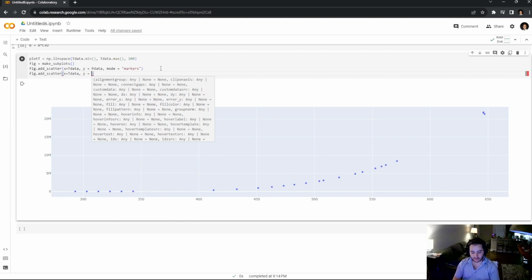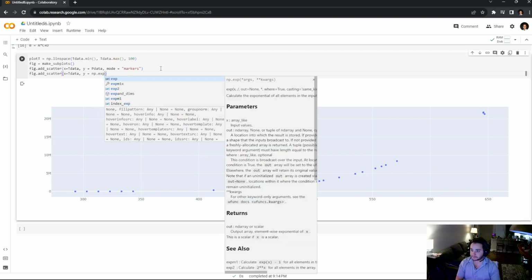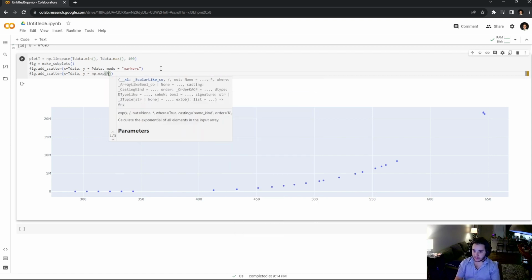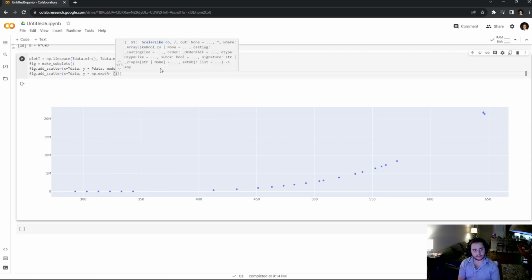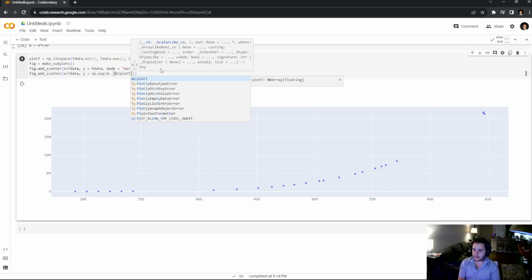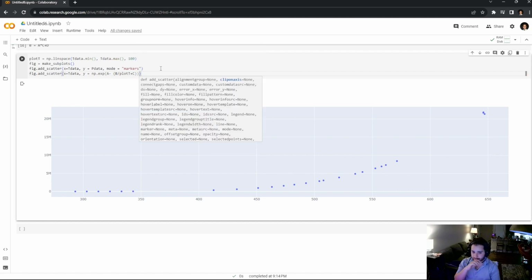So this is really np.exp, right? And then it's a minus, what was it? B over plot T plus C, mode